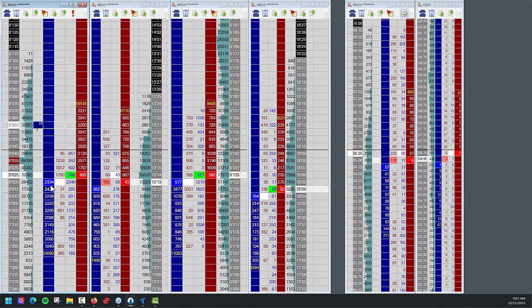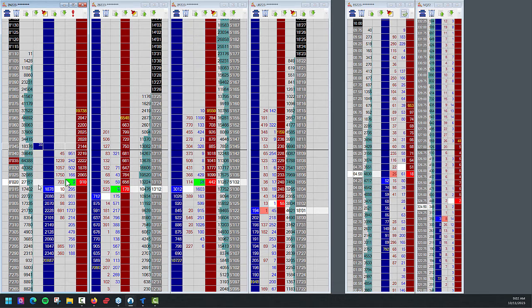So notice how there's 2,300 on the bid at 2. Now watch what happens. When it trades, and it happens, of course, too fast for you to see it, only 705 trade there. So what that means is there's 2,300 on the bid, okay? And 1,600 contracts cancel. As those 1,600 contracts cancel, sellers go for the remaining 700 that's there, and they hit it. So they trade 705 contracts at 2.